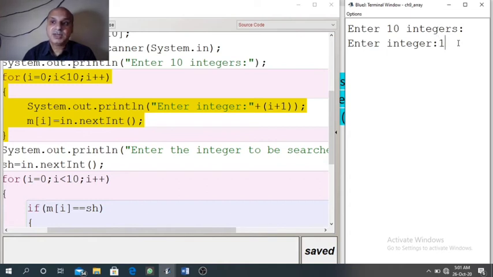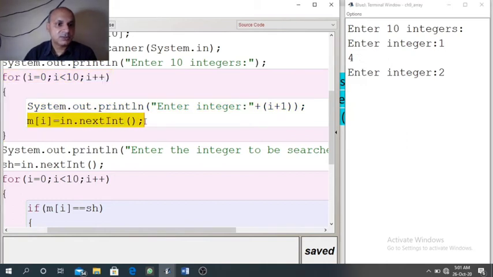Now the computer is waiting for the user to enter the value. When the first value is entered, like 4 I have entered, where will this 4 be stored? This 4 will be stored in the array M at index 0, that is M0.